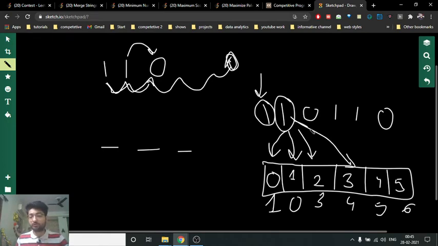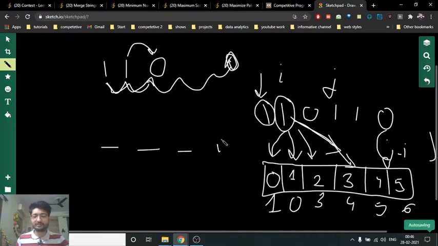Because if you want to go forward, the number of steps is, as you can see, if this is the jth position and I am counting on the ith, then j minus i steps are required. But if we have to go back, then i minus j steps are required. So just find the absolute of i minus j, and that's the number of steps required to put the ball in the ith position.